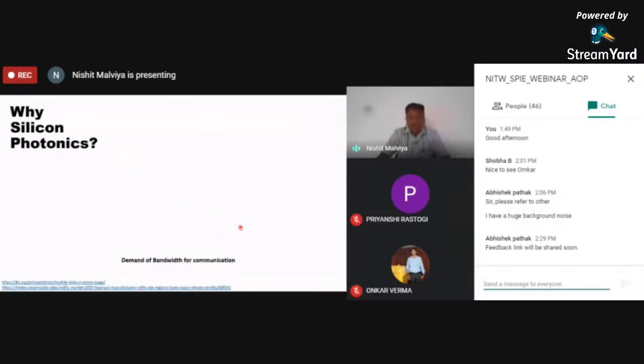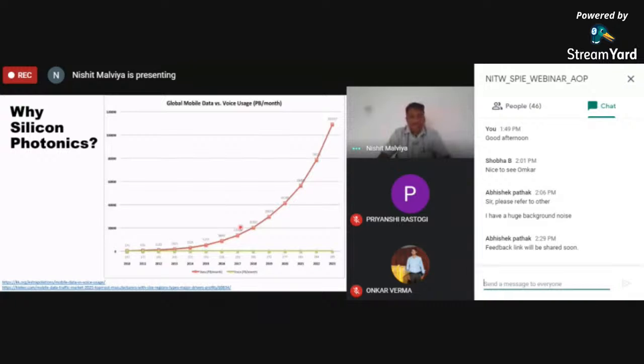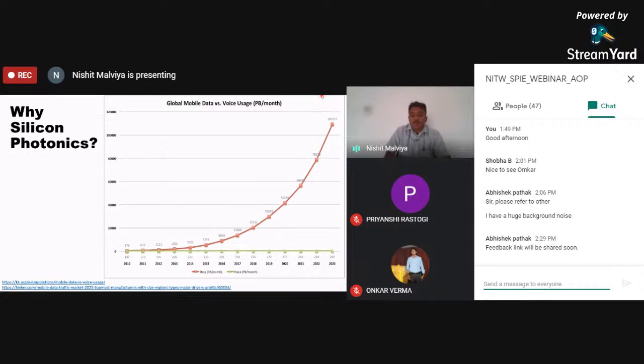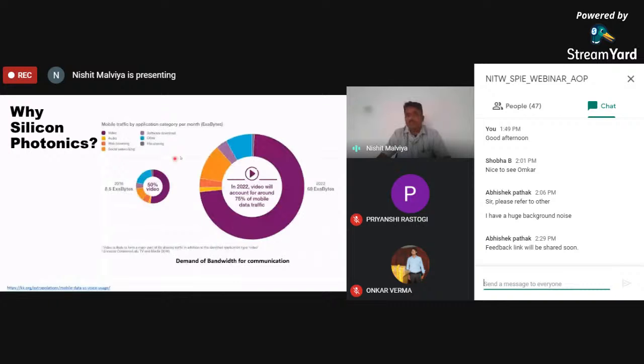Again, another aspect for silicon photonics is the economic aspect, because nowadays data usage is increasing very much. Voice data usage has matured and is not increasing too much, but data usage is increasing greatly. How is it possible? Why is the data requirement for the internet increasing while voice is decreasing? Because nowadays there is lots of video streaming, not only for Netflix and Amazon Prime, but also for education purposes.